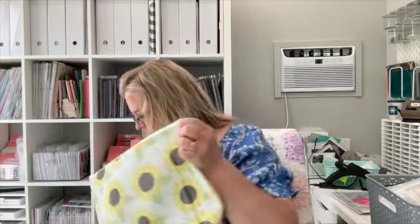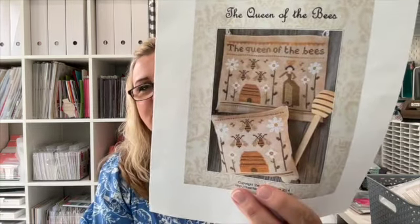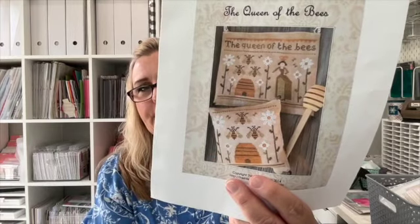So, probably should focus a little bit on that one too. It's been a couple of weeks since I brought her out. She is the Queen of the Bees by the Little Stitcher, and I'm stitching this one down here. And I am stitching this on,